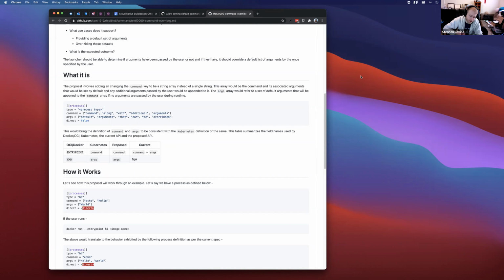I think yes, the buildpack can look at the stack ID, and unless it's one of the special any-stack buildpacks, it should totally be able to tell that the stack ID is one that doesn't have a shell at runtime, and you need to do something else for Profile D. The case that's worse is when that buildpack doesn't contribute the main process type. Another buildpack contributes the main process type, and that buildpack sets direct equals true, because then the earlier buildpacks that contributed Profile D scripts don't know that their Profile D is not going to run at launch right now.